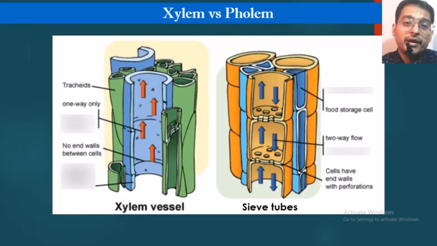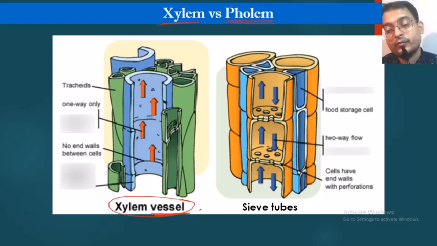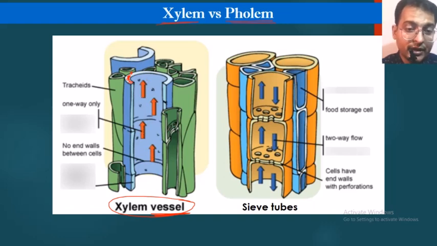Now to understand better, let us compare the xylem and phloem. The most important part of the xylem tissue that is involved in the transport of the water and minerals is the xylem vessel. Okay. The xylem vessel is shown here in the center, this blue section, thick cell wall, because of the deposition of the lignin, and the direction of the transport of the water is only in one direction, that is from root to the upper parts of the plant.